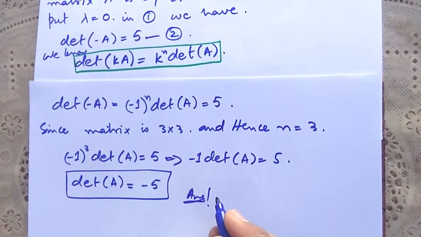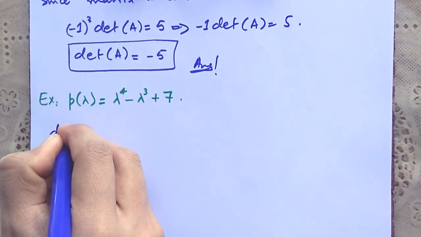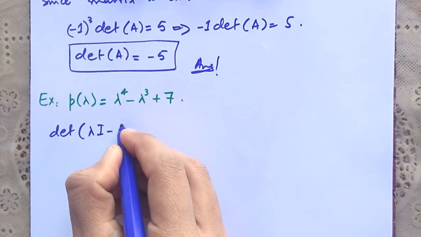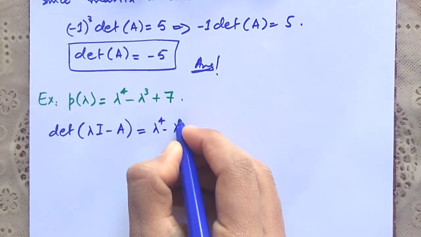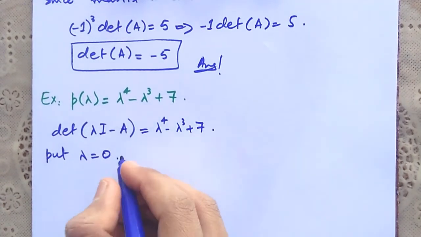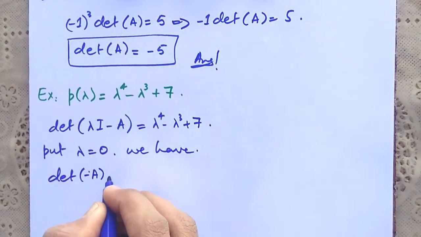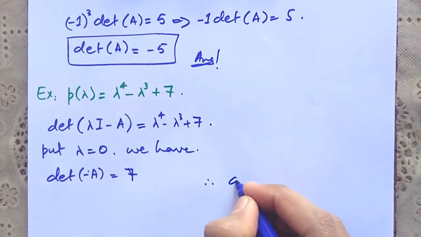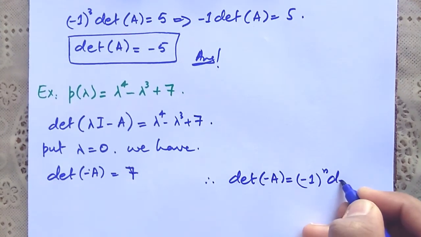Now let's see another example. So we have another characteristic polynomial, and again we are required to find the determinant of A. The characteristic polynomial, determinant of lambda I minus A, where lambda is an eigenvalue, is equal to lambda power 4 minus lambda cube plus 7. Put lambda is equal to 0. Then we have determinant of minus A is equal to plus 7. Now since determinant of minus A is equal to minus 1 power n times determinant of A,